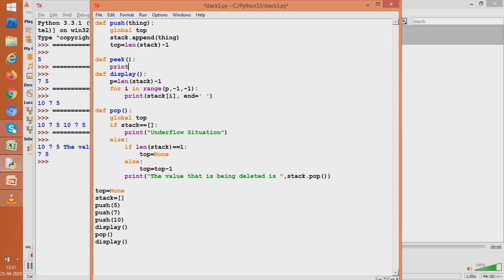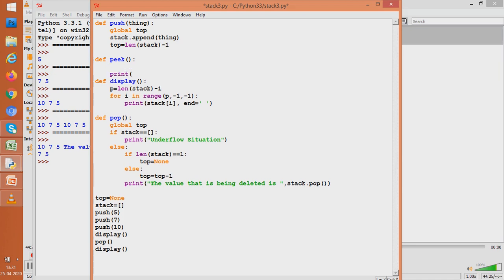That is the value which is inserted, that is pushed in the stack most recently. So we all know it would have the subscript number of that value which has been put last in our list.